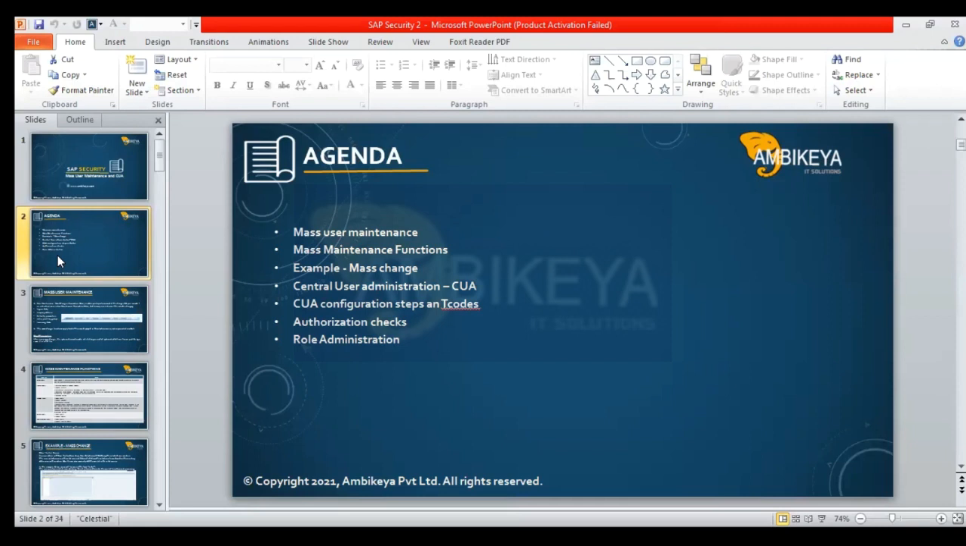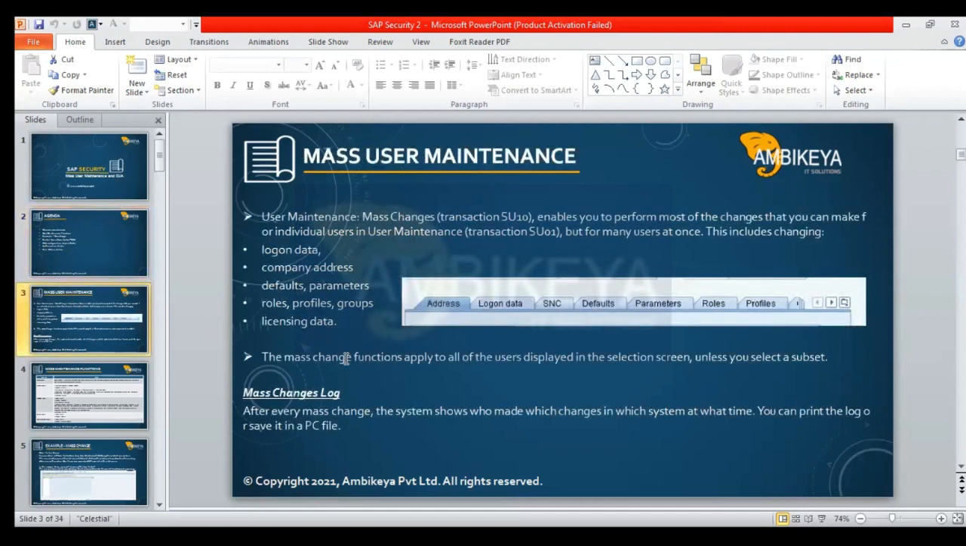You can create a user from SU01, which means you need to create it one by one. What if you have a repetitive activity, like if you want to assign 5 to 10 roles to 100 users? At that time you cannot go to each user and assign the same role again and again. So providing that kind of activity, like